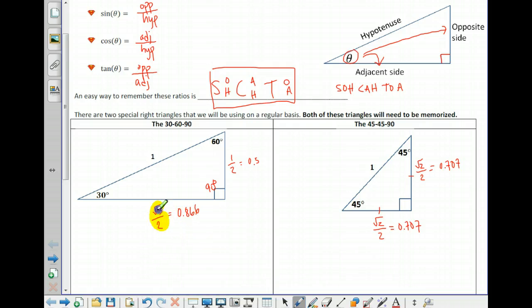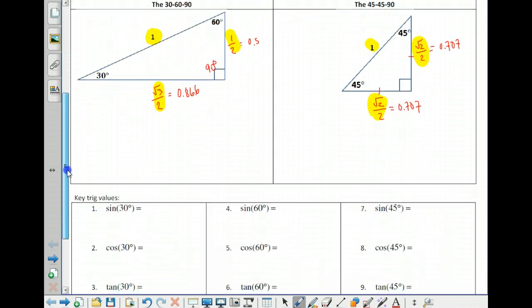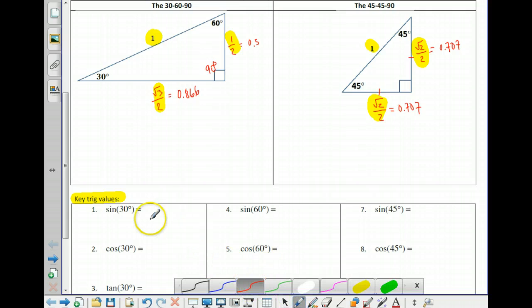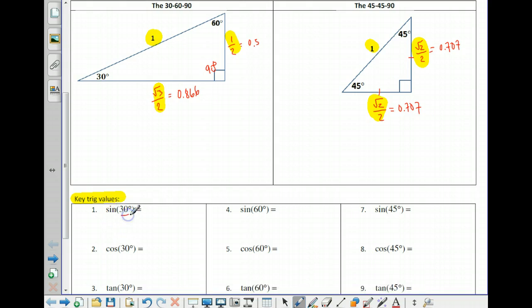But we need to memorize these exact numbers: square root of 2 over 2 and square root of 3 over 2. Any questions? So we're going to use those values, 30, 60, 90, 45, 45, 90, to find key trig values. These are common values that we are going to memorize and be able to recall faster than our multiplication table. So looking at 30 degrees, sine would be opposite over hypotenuse, which would give me